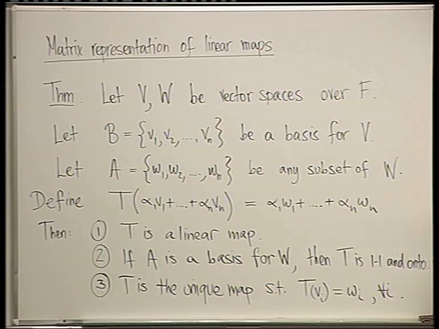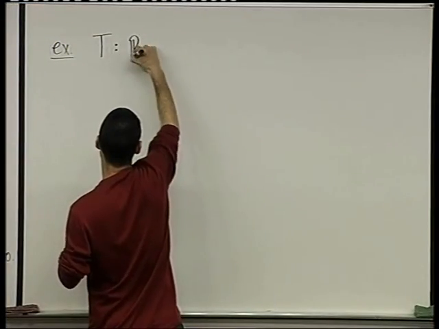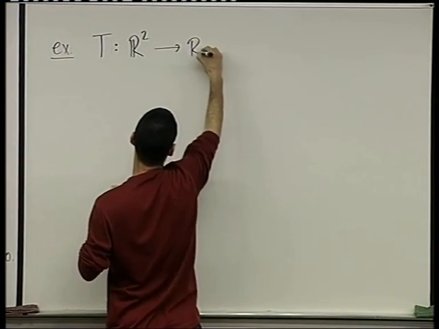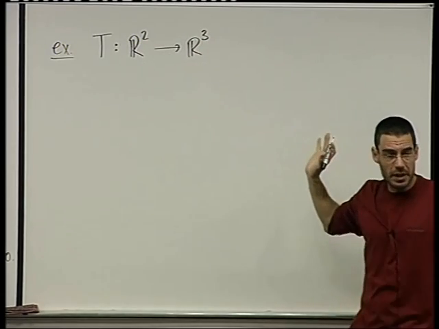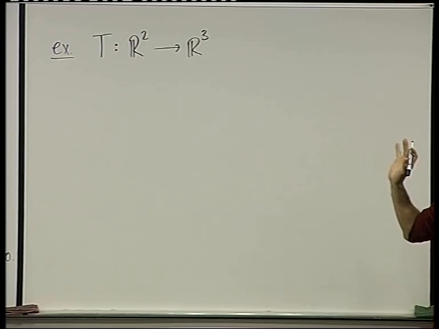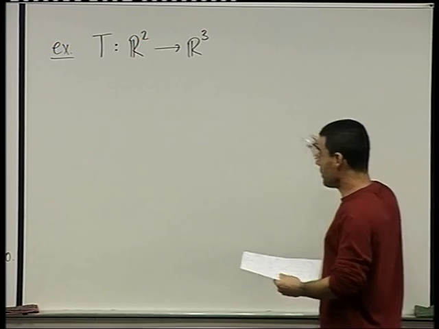So let's find a map from R2 to R3. So this is V, this is W. They're not of the same dimension. There was no claim that they are. Okay? So we're going to find the map